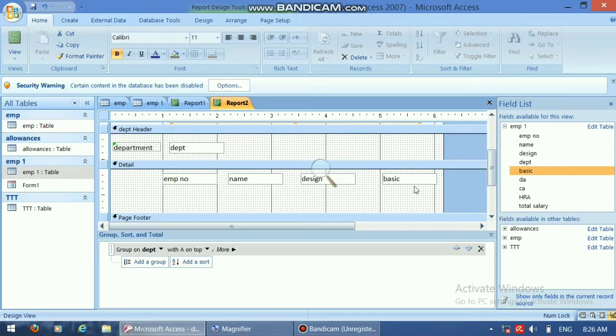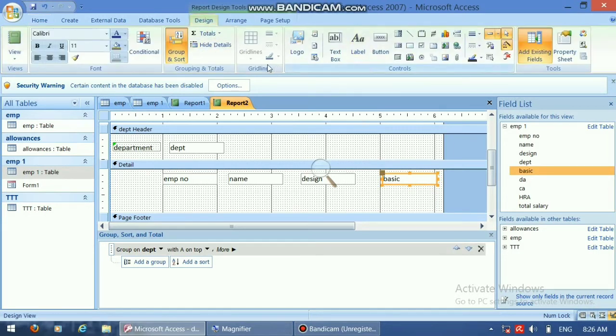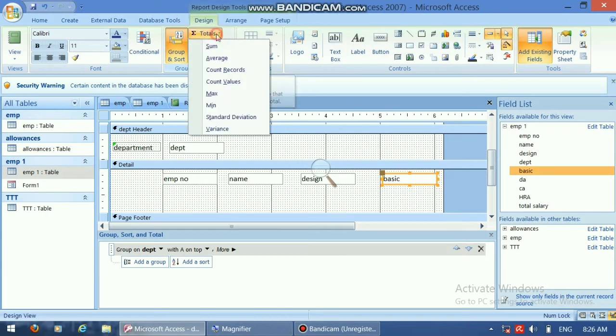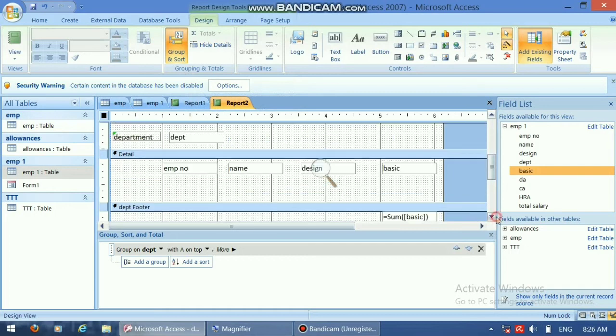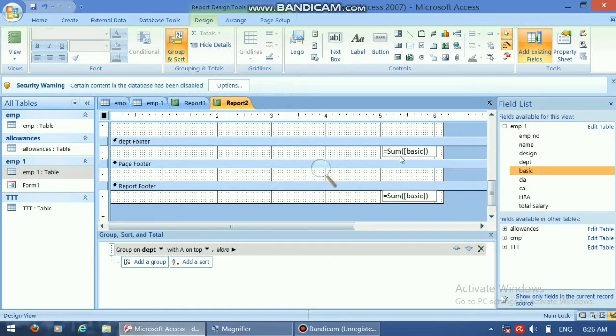Now in the footer section, if you want to generate subtotals, click on the basic field and in Design, click on Totals, Sum. So this is your subtotal, department footer and report footer.